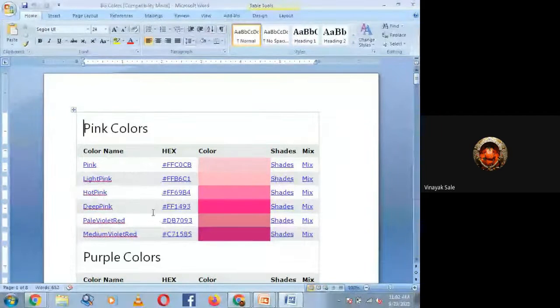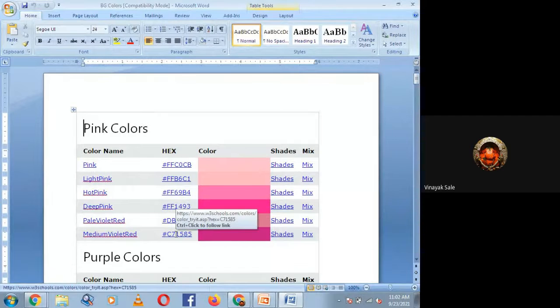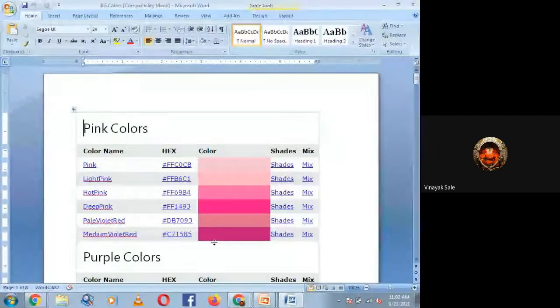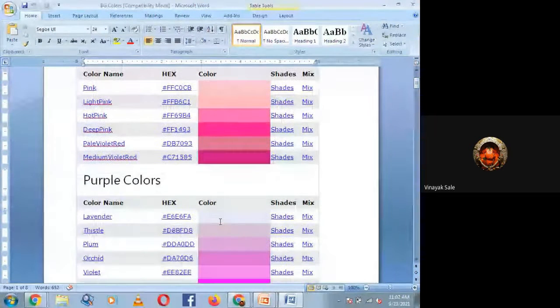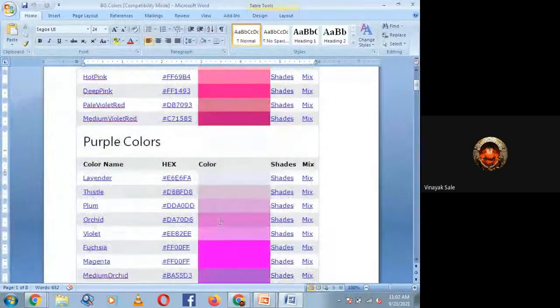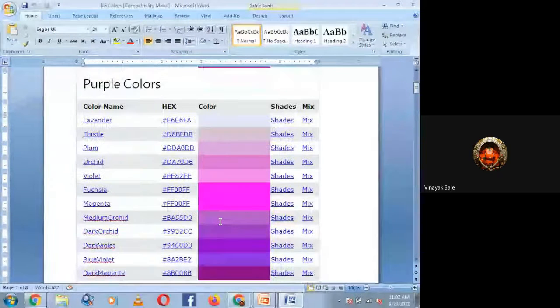Okay, this is the color name, then the hexadecimal number of that color, then the color shade. See, in pink color there are different shades. In purple color there are again different shades.